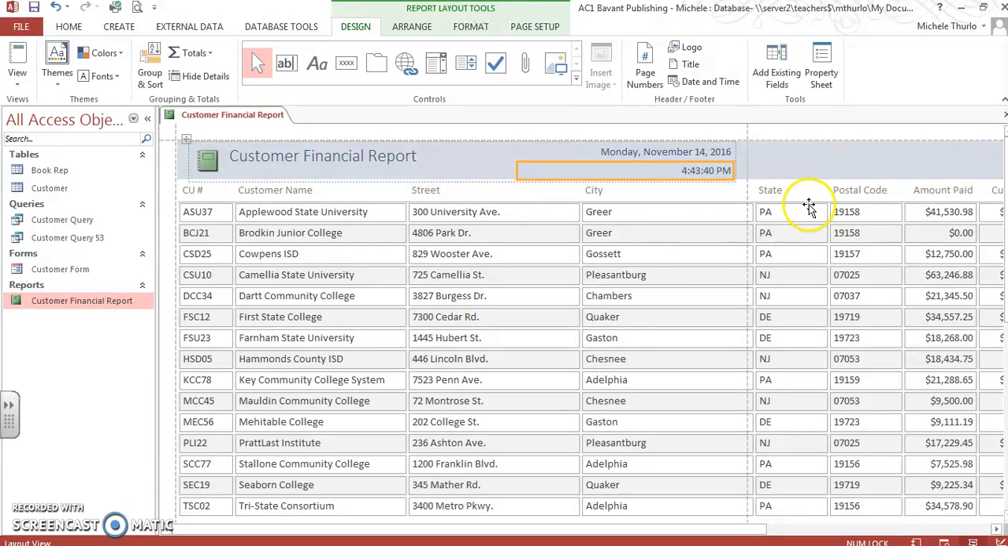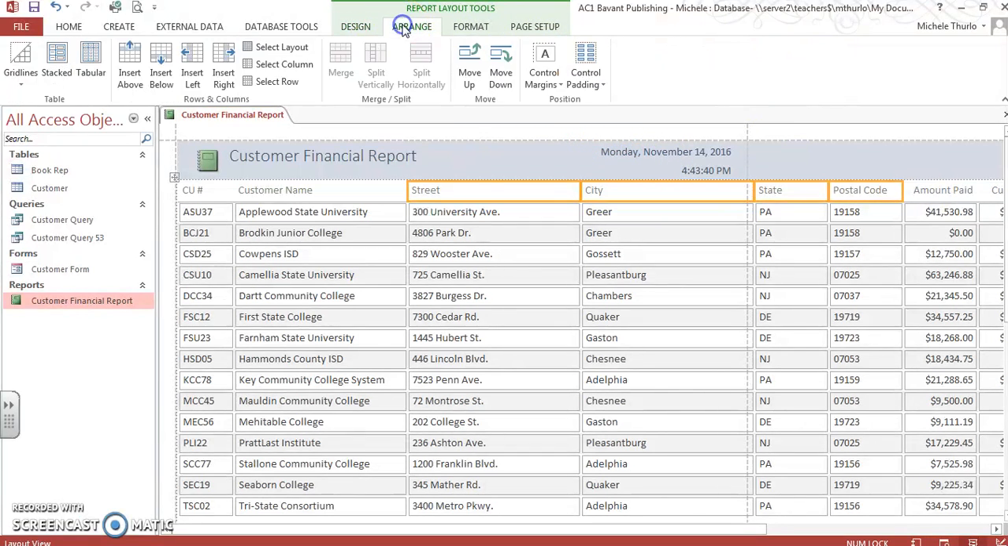We do not want to see all their address information, so I'm going to click on Street. I'm going to hold down my Shift key, and I'm going to click the word City, State, and Postal Code. Now, unlike Excel, I did not select the whole column. I only selected the column headings. Okay, then I'm going to go to Arrange. So up here in the Arrange area,